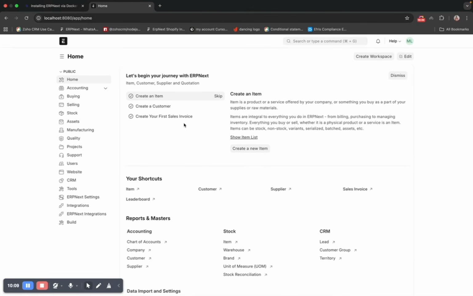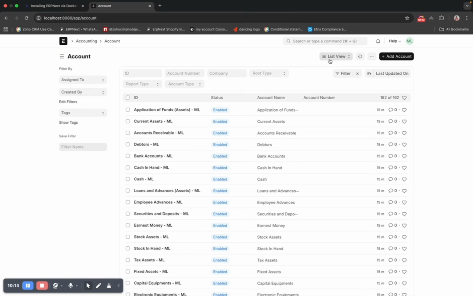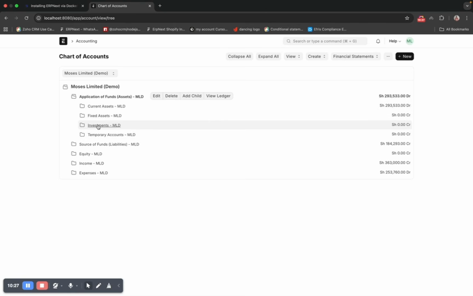How? For example, we have opening balances for bank. We have bank opening balances, like asset opening balances, like bank, and any other place where your money is kept. So current assets, fixed assets, investments, temporary accounts, things like that. So you will have to add all those opening balances so that the system knows we have this much cash in this bank account, and we have this much value in this kind of asset, and things like that. So the next step will be importing your opening balances,